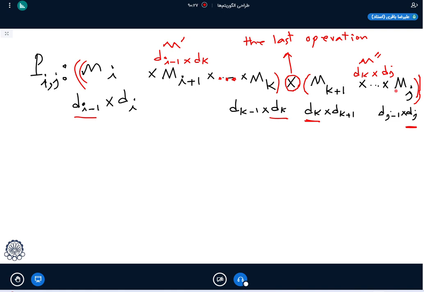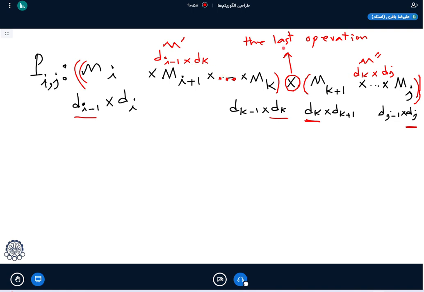The final result of the right side is a matrix that has d_k rows and d_j columns, because the middle dimensions are omitted, one by one, and only the first dimension and the last dimension remain. So the result is a matrix with d_k rows and d_j